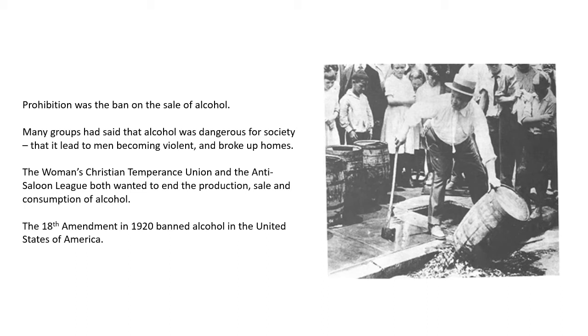If you look at the picture, you can see one of the police officers. After America made alcohol illegal, there was a certain group of police officers that would go around trying to catch people making or selling alcohol. And just like in Myanmar, I think you see on Facebook, when they have the big machine that rolls over the illegal alcohol, in America, they would take axes to the barrels and break open the alcohol into the street so that nobody could drink it.